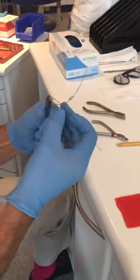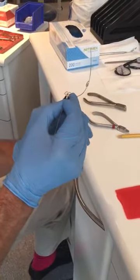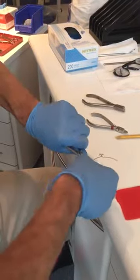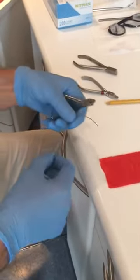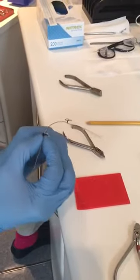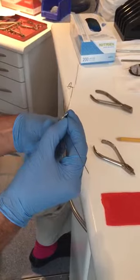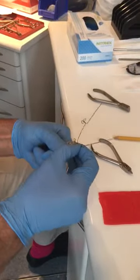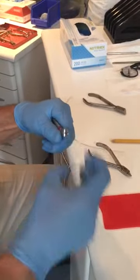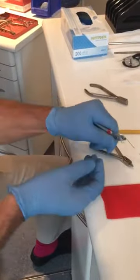And then press that down. And then again about a 2 millimeter step. And then try and get it back into some semblance of an arch form. You can hold it there, bend it around here. And always keep looking at it from the side as well. So that the distal parts of the arch wire more or less